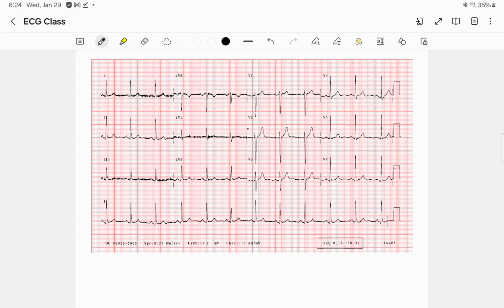Because those two leads tend to have, well, for lead 2, it has the best view of ventricular activity in a normal heart, and also a very good view of atrial activity, or in a heart with a normal axis. And in V1, because V1 has a very good view of the atrium, so you have a good view of atrial activity. Anyhow, the rhythm strip is a 10-second strip,